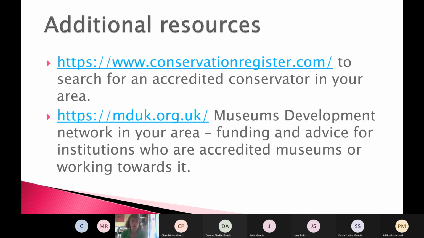I promised you that I would put up a link showing some additional resources. In particular, if you don't know where to find a conservator, then a good place to start is with the Conservation Register, and you can input all sorts of different information, like the type of material, the types of objects that you are looking for, or whether you want someone who specialises in something like preventive conservation. Integrated pest management comes under preventive conservation, or whether you want to find someone who works on a range of different types of artifacts,